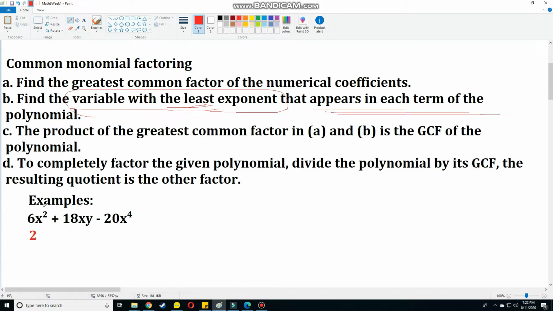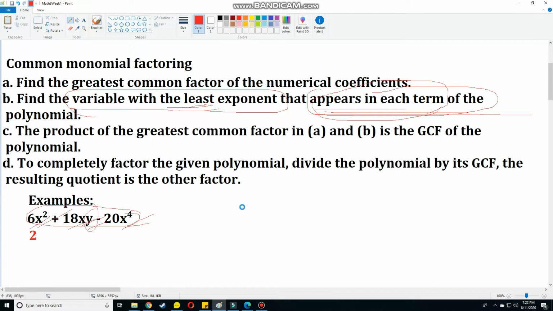Now, what are the variables that we have? We have x, we have x and y, and we have x. What variable appears in all of the terms? We have x here, we have xy, we have x, and then therefore